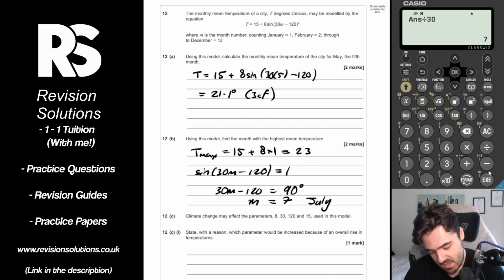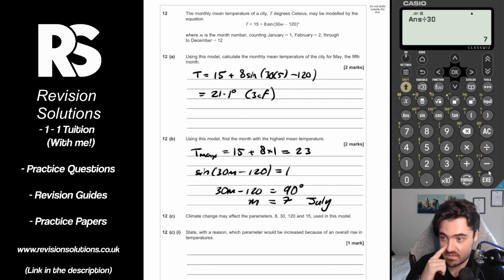Overall it's a sine graph, and the minus 120 is a translation of the sine graph. So that's just going to change at what values of time the maximums and minimums occur. Maybe that could be explained by different months having different peak temperatures in different parts of the globe, but not really explaining